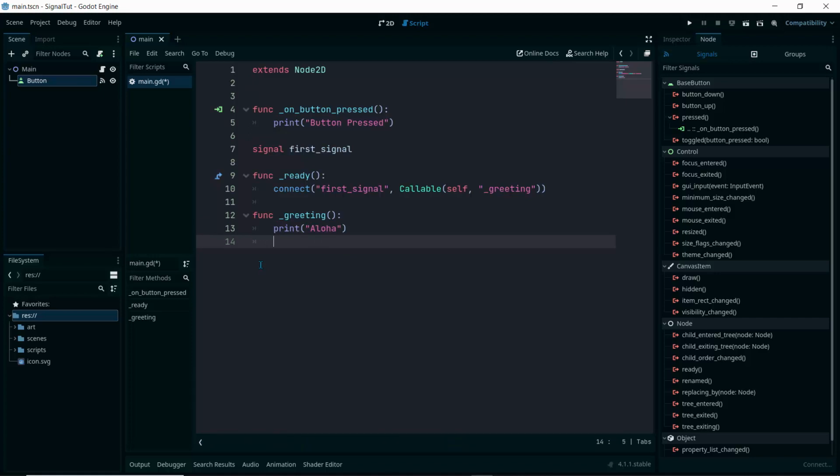And now that we have that, what we're also going to do is to emit this signal. And the way to do that is just a simple first_signal.emit. So I'll just type the name of the signal, first_signal.emit. So whenever this signal is emitted, what it's going to do is to look for a function called greeting, and it's going to call that function. And basically I'm putting this in the ready method, so whenever the script is ready, this is going to be called. So let's save this, let's press play,